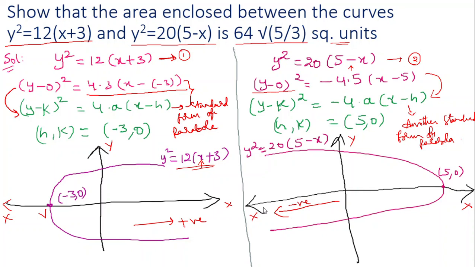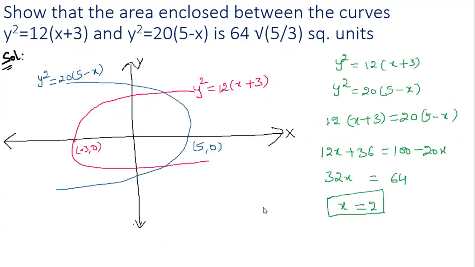We are done with drawing the figures independently on two different coordinate axes. Now let's draw them together in one coordinate axis. If we draw them together on one coordinate axis, they would look like this. This is not a very exact figure, this is a very rough figure, so please forgive me for any inaccuracy.